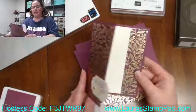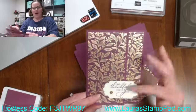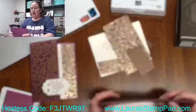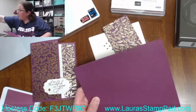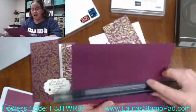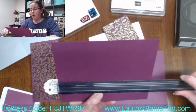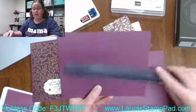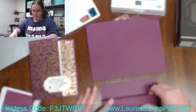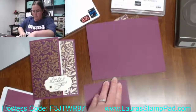You might notice that this card has that fun little fold to it where it's not a full panel on the front, but it is quite a large panel to be able to still write. Let me get the exact measurements for you. It's a regular card base, so it's regular half a sheet of cardstock, but I did cut off a chunk of it. So I cut off 1 1/4 inches off of the end from this 7 1/4, and then I just scored it from left to right at 4 1/4. So it's pretty much just a regular card base with 1 1/4 cut off of the front panel,